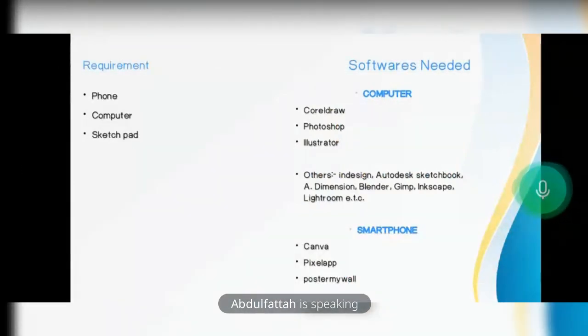Requirements and softwares needed as a graphic designer. Well, in the community out there these days, we have a lot of designers now. We have designers who design with system, and we have designers who design with phone. Both are wonderful, both are awesome. So whichever works for you, because these days not everybody has a system,